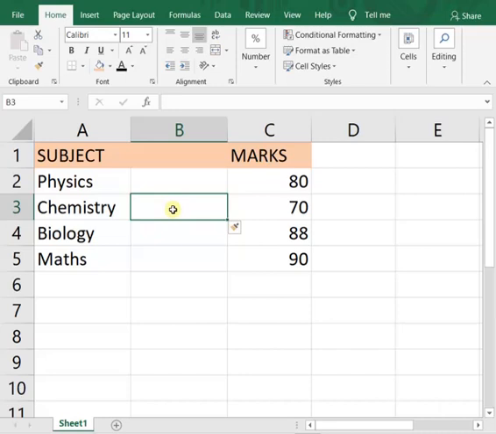That means if we insert a new row, the new row is inserted above the selected row or selected cell, and a new column is always inserted on the left side of our selected cell or selected column.